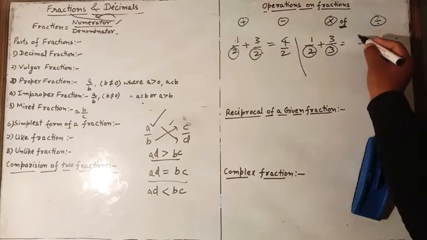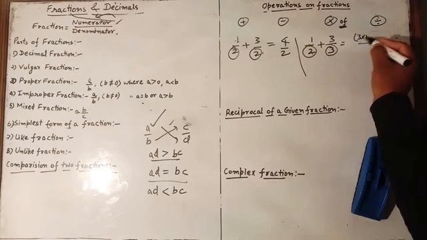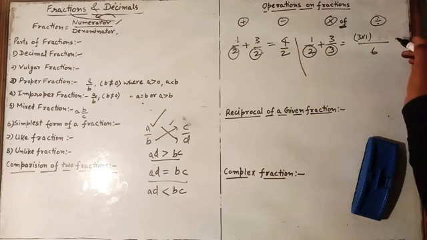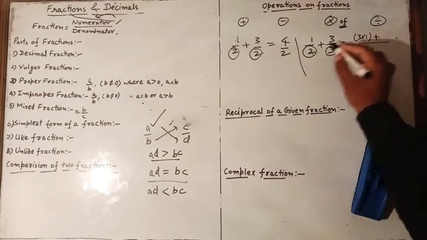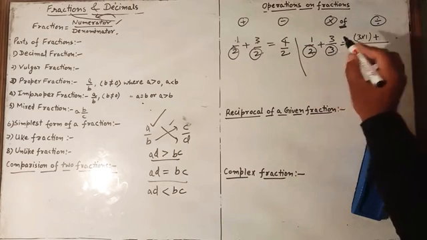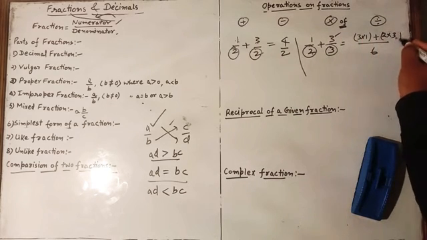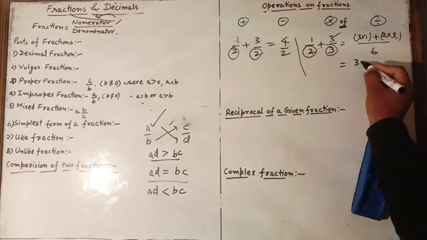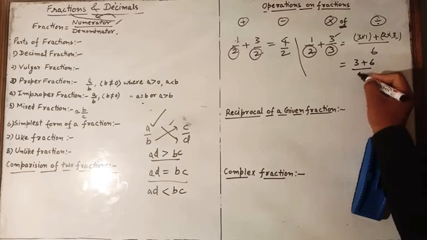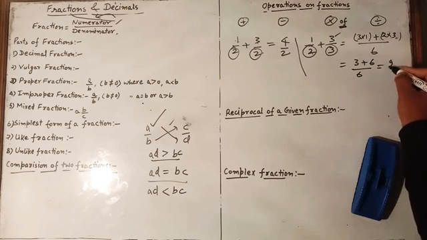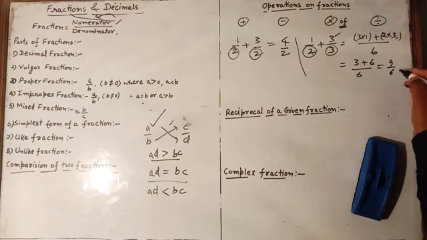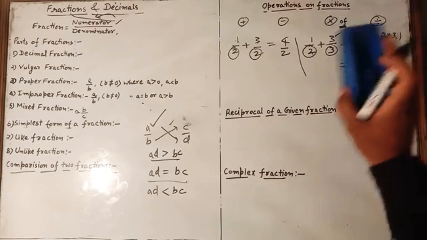2 3s are 6. 3 into 1, we will multiply it with this numerator, and the plus sign we will write as it is. 3 1s are 3, 3 2s are 6, and 2 into whatever is in the numerator we will multiply. So it will be equal to 3 1s are 3 plus 3 2s are 6 upon 6, so 6 plus 3 will be 9 upon 6. Further we can write it in simple form: 3 2s are 6, 3 3s are 9, means 3 by 2 we can write like this. We will add.